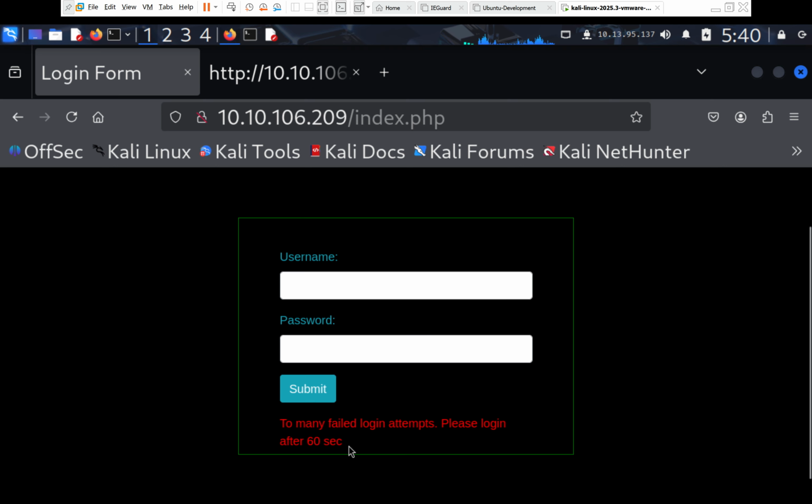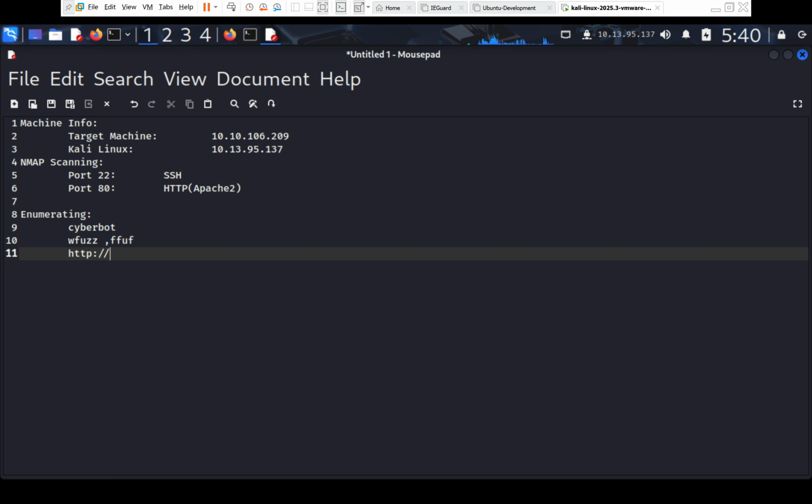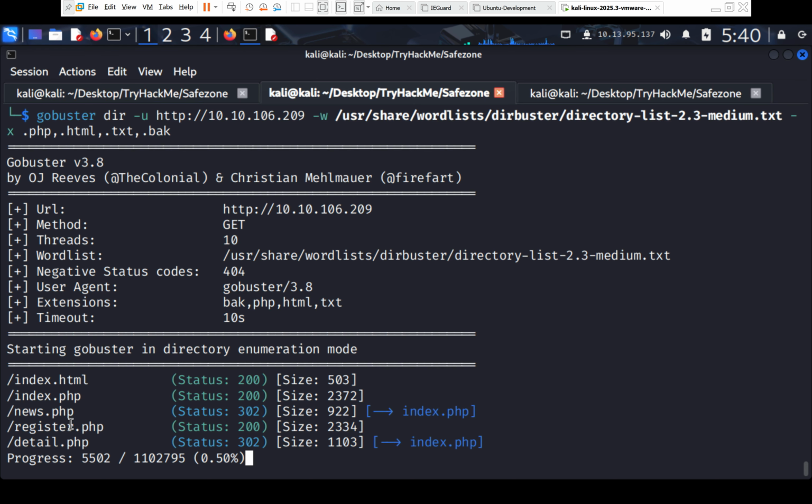So this is another means of protection. We should keep it in mind. Maybe we can... So the index.php, this is a login page. Okay, now let's go back to the terminal. So register. So we are allowed to